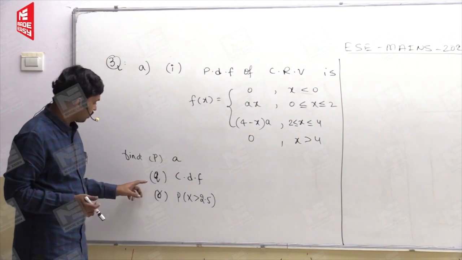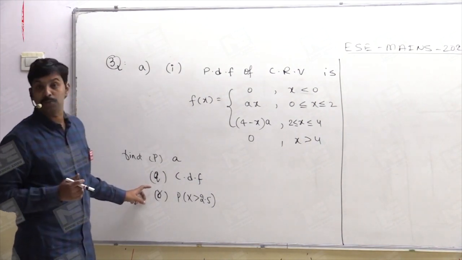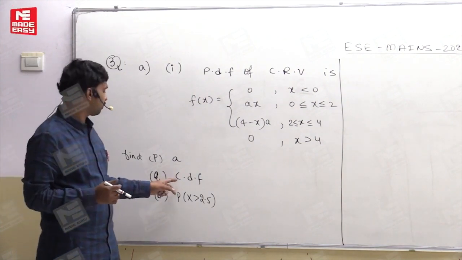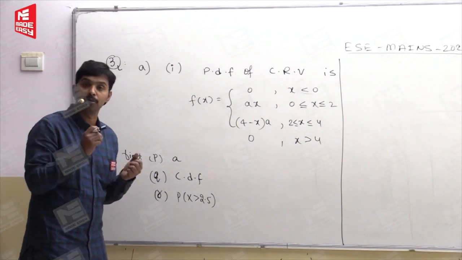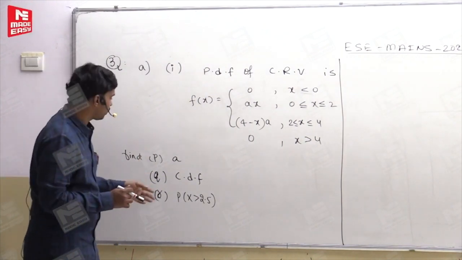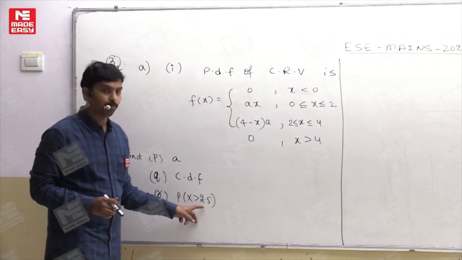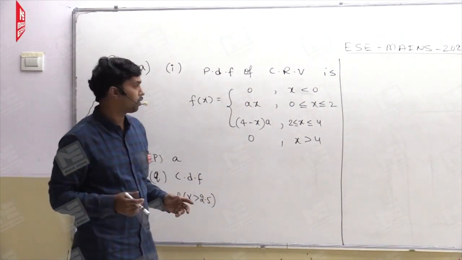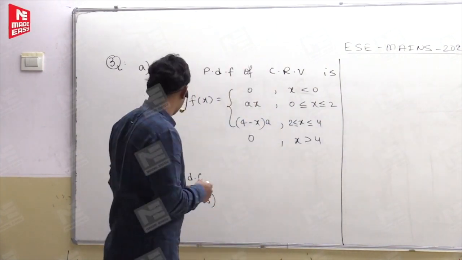Okay, let us find out. Next, for the second question, we need to find out the cumulative distribution function here, that is the cumulative probability distribution function, that is CDF we say, probability distribution function also we say, right? Yes, that also we will do. And coming to the probability of x greater than 2.5, it is a cumulative probability only, so that we can find out.